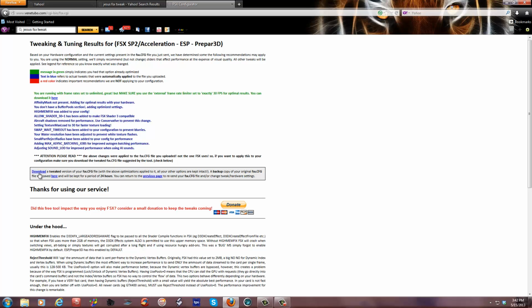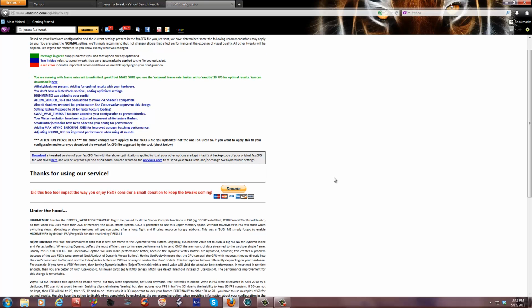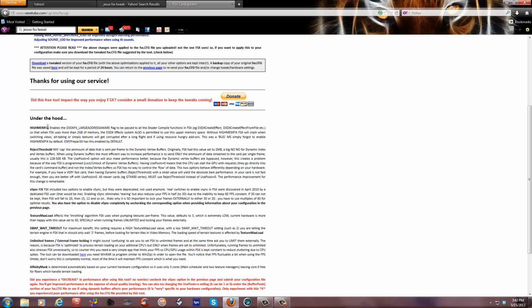Now you want to download a tweaked version of this config. Here's what I was getting at earlier. If all else fails, you forget to back up your original, there's a copy of your original FSX saved right here. So you can always come back here, and for some reason it'll let you download the original. You can go down here and it tells you each tweak it applied and what each of those tweaks does. Okay,